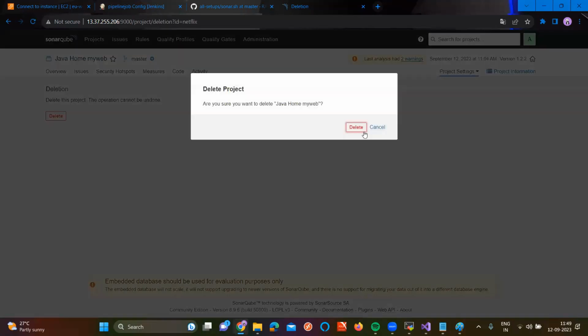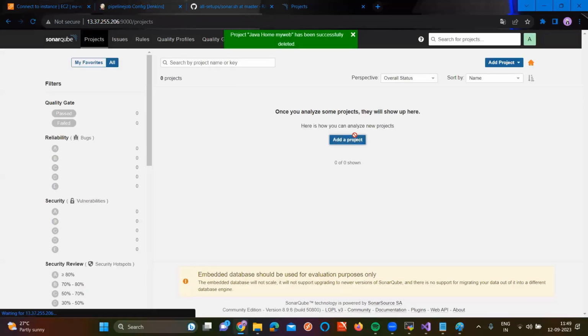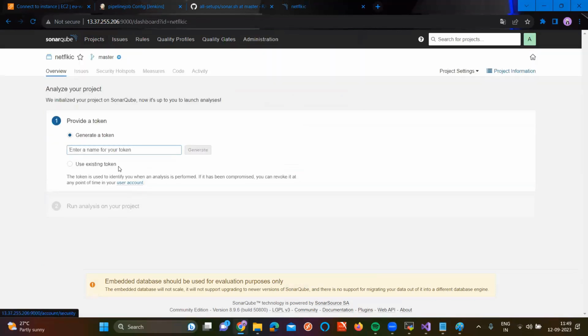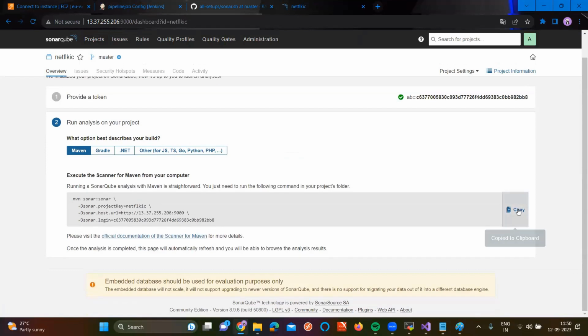Like why? Because that SonarQube is my last class server SonarQube, right? IP address will change. Of course, this is not required, guys. Okay, this is not required. I am doing generally. This is not required, but